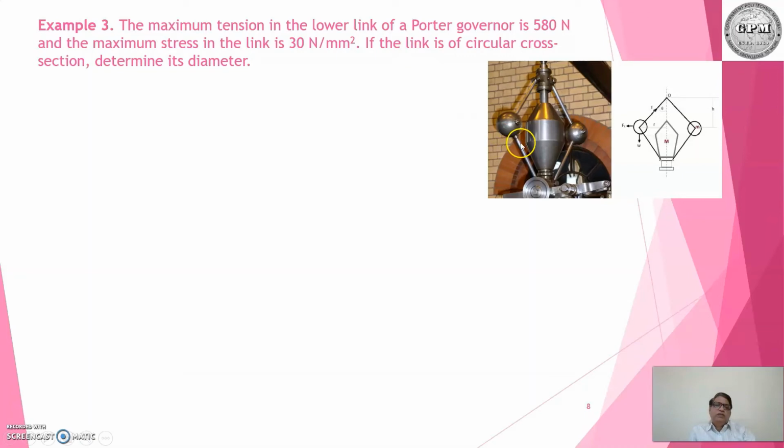This lower link means this. These are the two lower links. With the increase of speed, it will be more stretched here. It will go outside. This is due to the centrifugal force. There are two forces acting. Because of the centrifugal force, this is Ft, it will throw out, and this will try to pull this one. So thereby you will get the stress at this point.